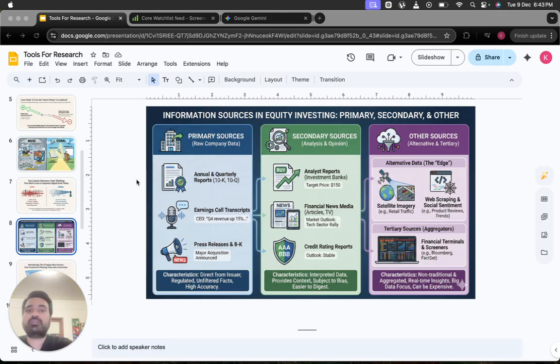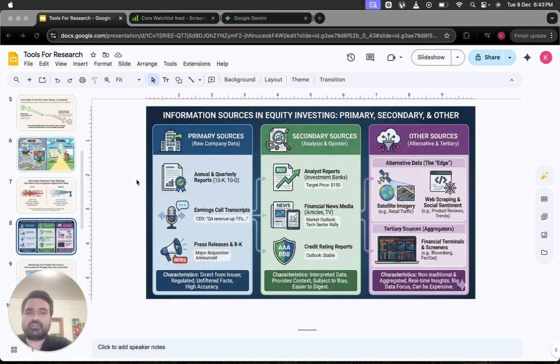Then in tertiary sources, we have alternative data, which can include scuttlebutt, it can include web scraping, it can include satellite imagery. One of the more powerful tools for retail investors is doing actual physical scuttlebutt on the ground. Suppose you're traveling, you're looking at airports, what kind of brands are being used, what kind of outlets have more traffic, what kind of airlines people are flying in. That's just one example of scuttlebutt, but scuttlebutt basically means on the ground, like field research.